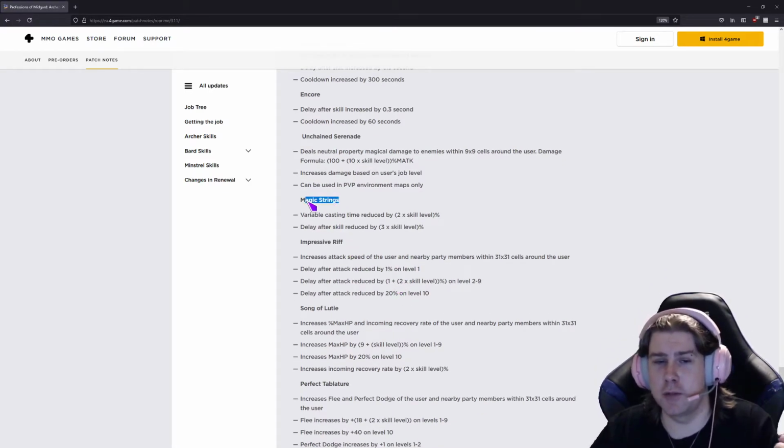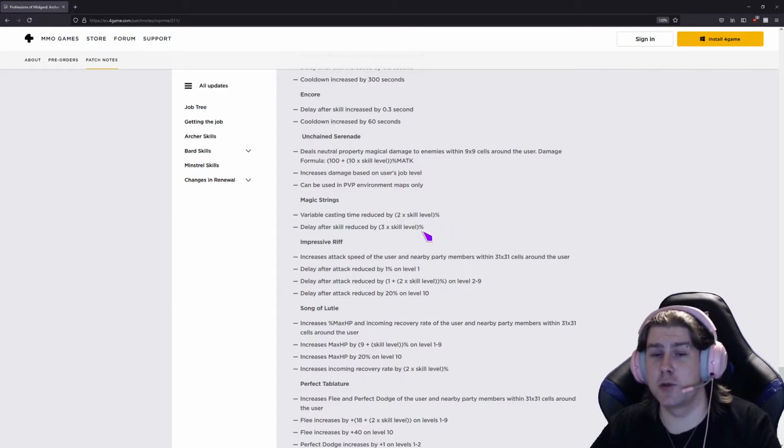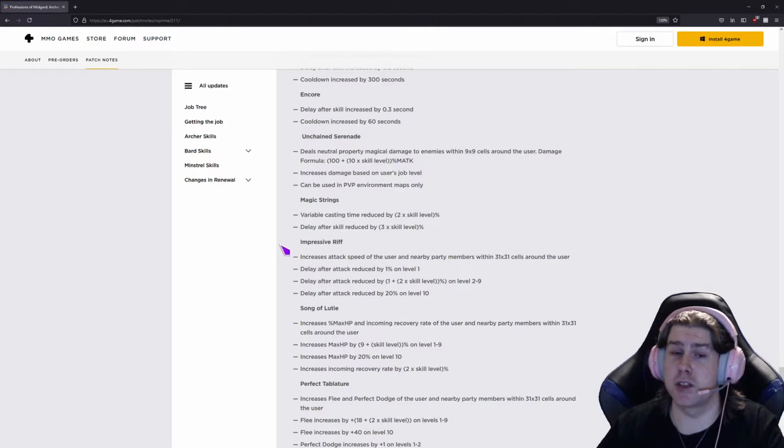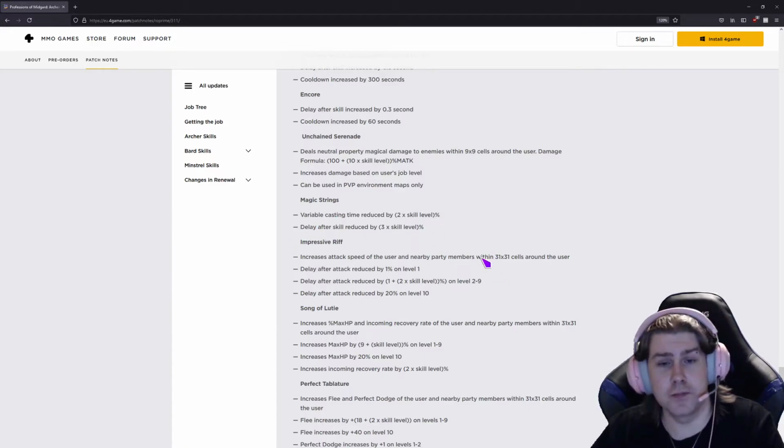and now the one that everybody's been waiting for, strings. So variable cast damage reduced by 2 times skill level, meaning that's 20%, and delay after skill is reduced by 3 times, meaning that's 30%. So